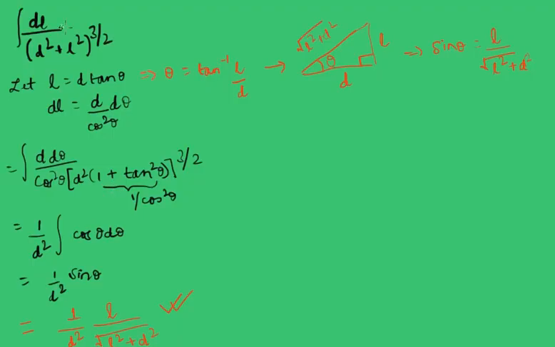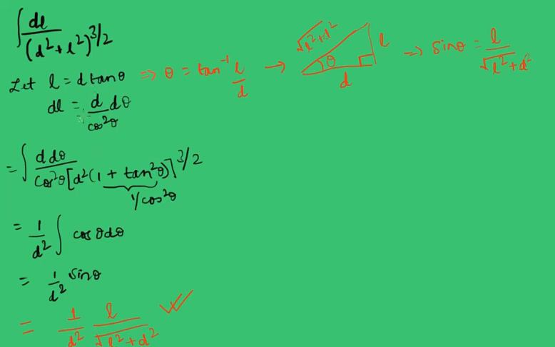Okay, so essentially our expression was the integration of dl by d square plus l square whole to the power 3 by 2. Here we do a substitution. We assume that L is equal to d tan theta, and then we take dl. When you take dl, it becomes d by cos square theta d theta. I'll be a bit fast here because my objective was not to get into the mathematical details, but I think it's important for you to have this much understanding.